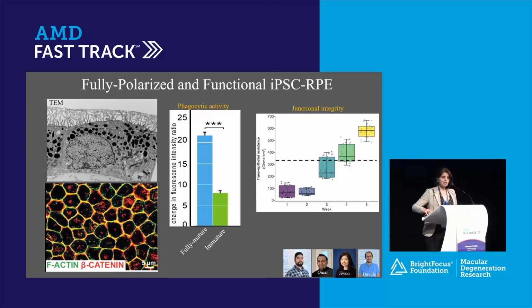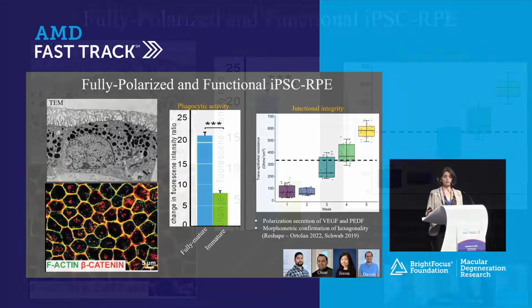The junctional integrity, as you have heard in Matthew's talk, that there are different barriers, and the outer blood retina barrier is one of the major components of that, which is RPE cells. In a dish, you can actually measure this. Just pass the current from top to the bottom of a transwell, and you can measure the resistance. And this graph shows you the box plot of the gradual increase of junctional integrity of the cells. And you want to make sure that the cells that you are culturing in your dish and you're going to be using for any assay, they have a tight resistance.